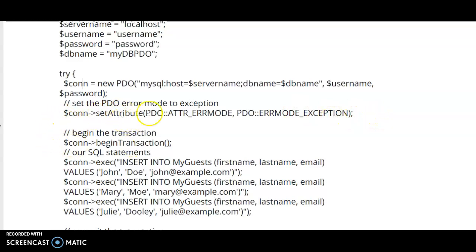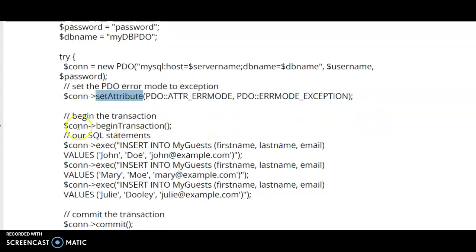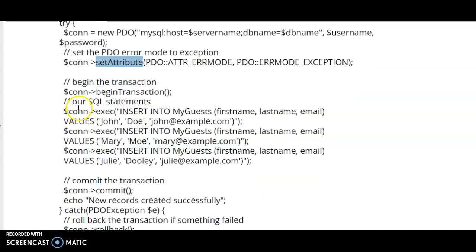$con->setAttribute(PDO::ATTR_ERRMODE, PDO::ERRMODE_EXCEPTION). The attribute error mode and error mode exception will be set. Begin the transaction for the $con: $con->beginTransaction(), then $con->exec the queries, multiple queries, insert,